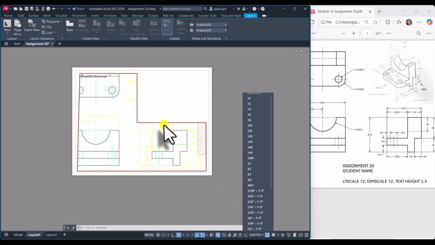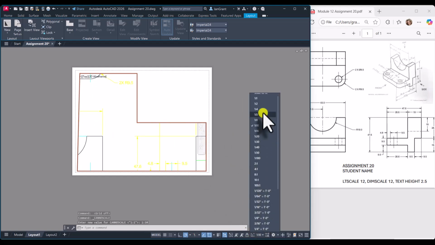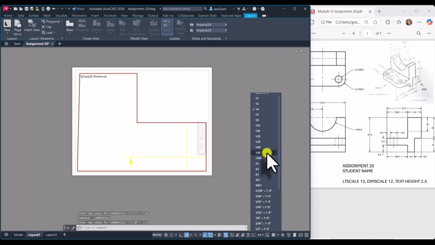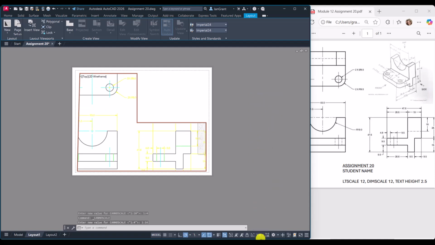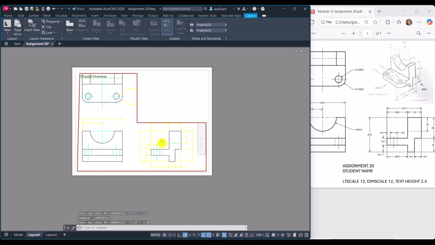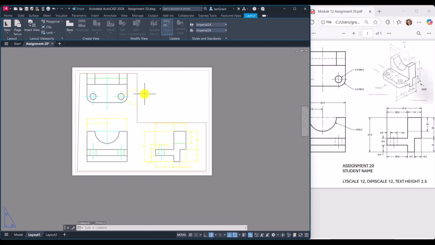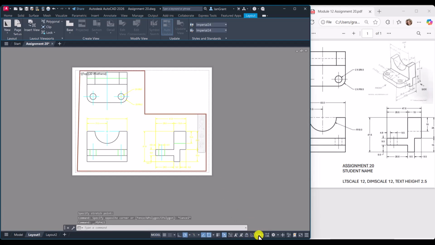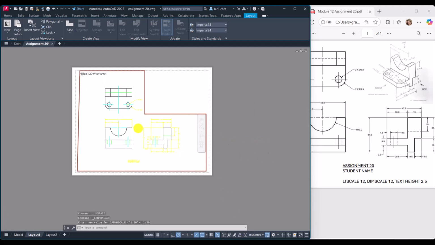I tested different scales, but none of the scales actually worked for me. You can see that I'm testing all those scales, but because if you use the wheel of your mouse, it goes very quickly from one view to another, I started to kind of crop the viewport. If you double click out into the paper, you can be in the paper, then get a hold of those grips and stretch it out as much as you can. But I also wanted to show you, I went back into the viewport, double click inside the viewport,